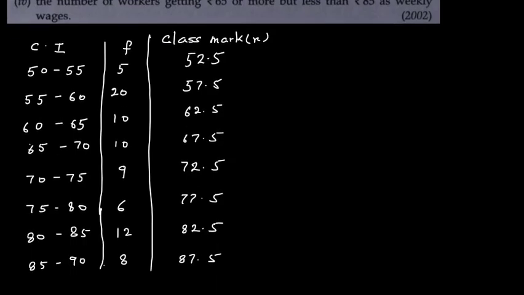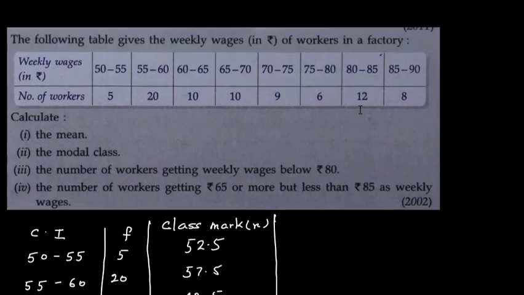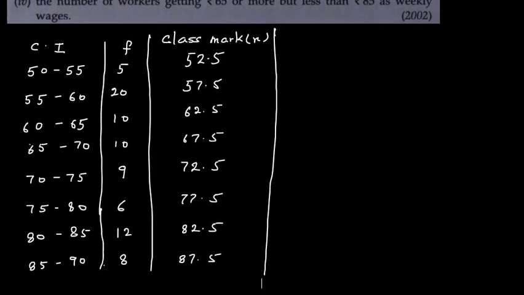So then what is the solution? You can use the assumed mean method or the step deviation method. Now for the assumed mean method, what do you do? You assume one more variable, say u. Let us consider u. We have x, we will take u, and this u is nothing but x minus, so here we have 1, 2, 3, 4, 5, 6, 7 and 8 data. So 1, 2, 3 and 4. Let us subtract this 67.5.